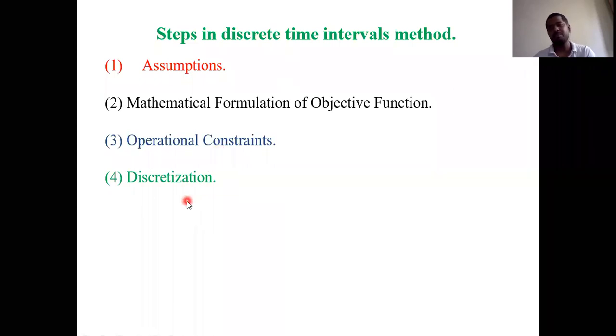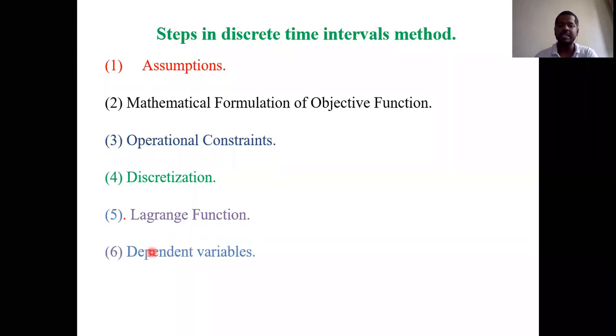So that is the next step. Once you redefine your objective function and operational constraints, then you may go for the auxiliary function. That auxiliary function is called the Lagrangian function or augmented function. Once you write this auxiliary function, how to get the solution? We need to differentiate this auxiliary function with respect to the dependent variables. So our next job is we must find out what the dependent variables are. Once you find the dependent variables, just do the differentiation of your Lagrangian function with respect to them. Then automatically you will get a solution. Once you get the solution, the final thing is the algorithm.